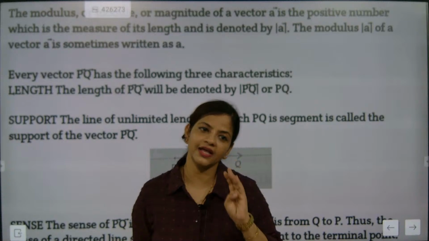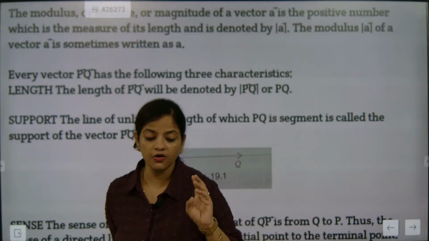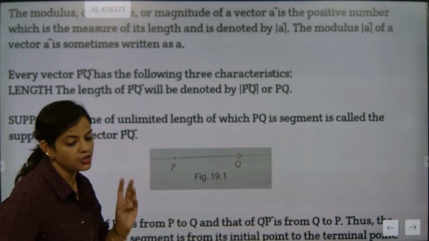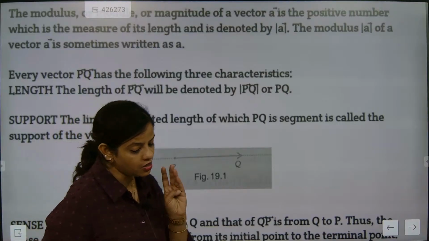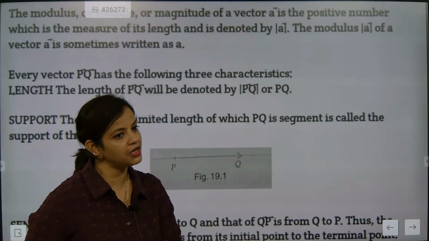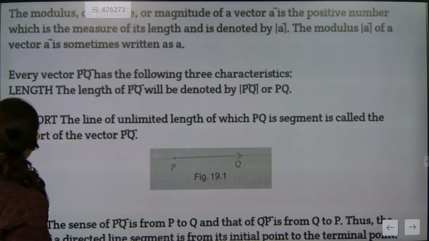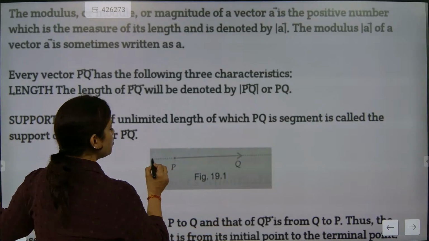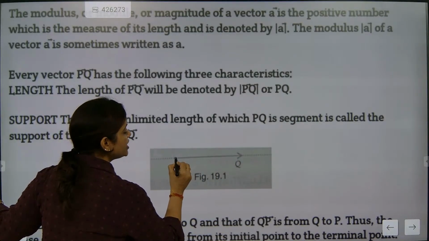Length, support and sense. So now what is the meaning of length? What is the meaning of support? And what is the meaning of sense? These are the three basic pillars of vectors. So what is the meaning of length? When you take the magnitude,